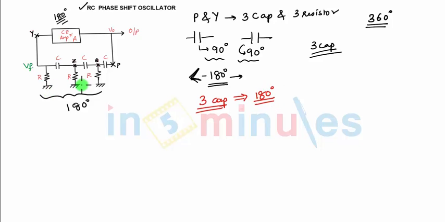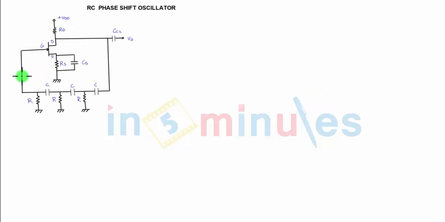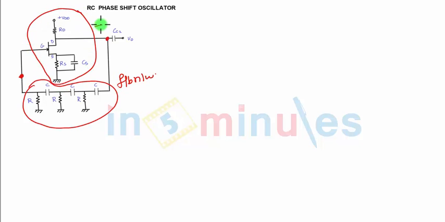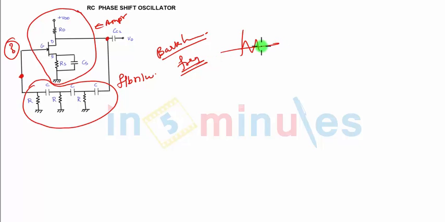So you have 3 R and C networks connected as shown in the diagram. Now if you have a JFET amplifier, the circuit diagram would be like this. Part of the output is fed back to the input via the feedback network. So this becomes your feedback network and this becomes your amplifier. We are not providing any input. If Barkhausen criteria are satisfied, we get the frequency of oscillation, or continuous sustained oscillations at the output of the circuit.